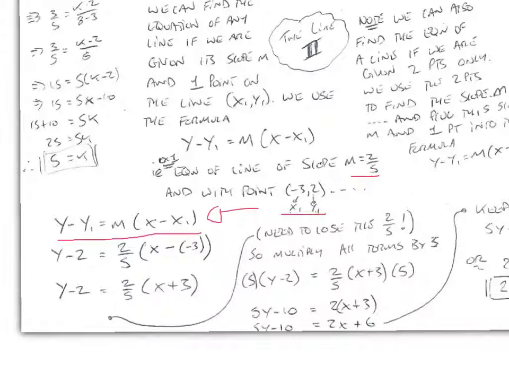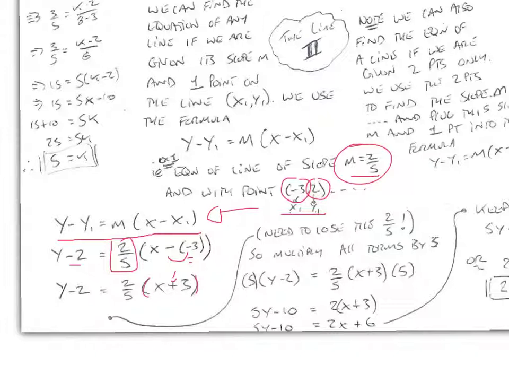So we have y minus 2, because that's our y1 value, equals m, which is 2/5, times x minus minus 3. Be careful, minus by minus gives us plus, so y minus 2 equals 2 over 5 times x plus